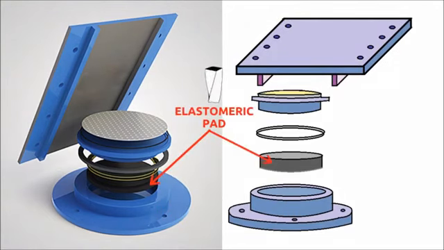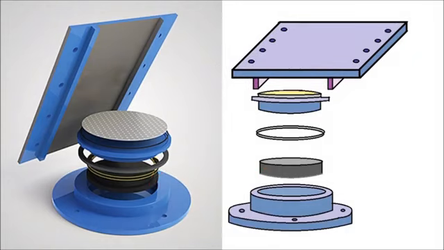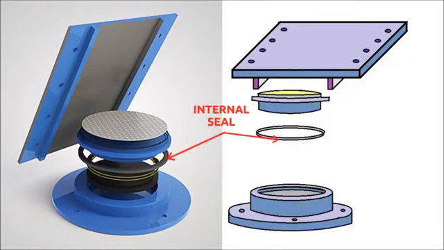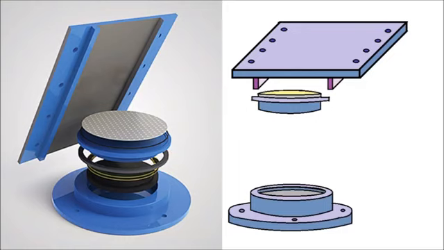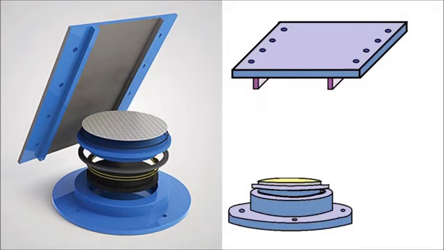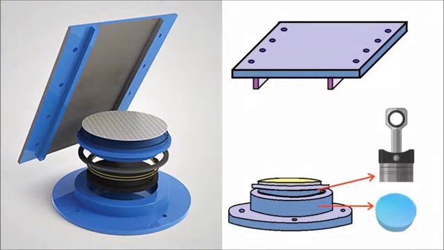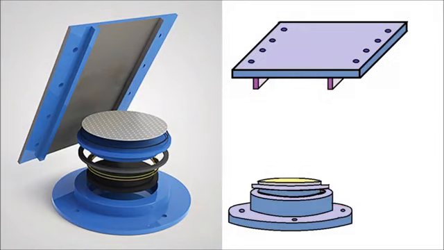And this is a circular elastomeric bearing pad which is inserted into the pot. This is the internal seal which seals the elastomeric pad and protects the edges of it. This is the cover of the pot, which is a piston. When the piston transfers the high pressure into the elastomeric bearing, it behaves like a viscous fluid and moves in all directions freely.